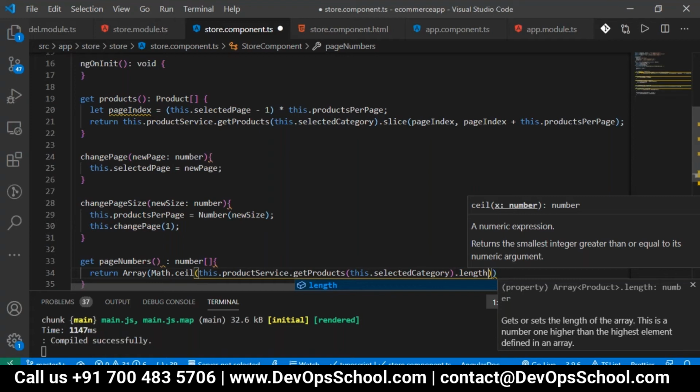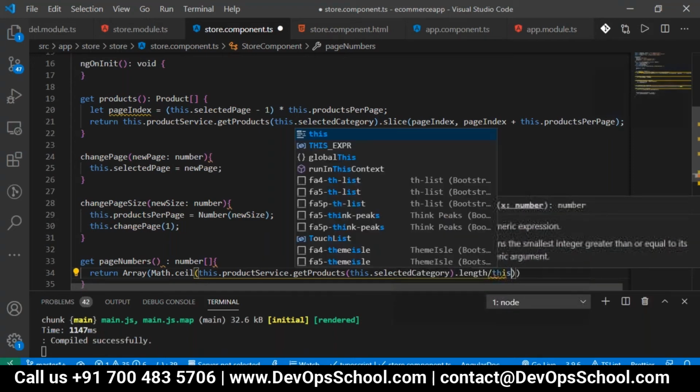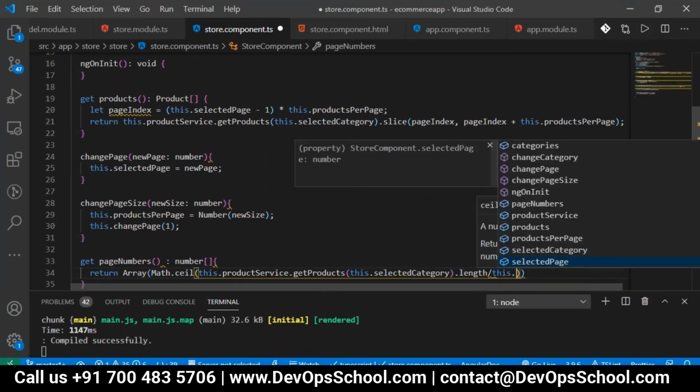So the length is 11, but we want to divide it according to the page, like per page only 4. How many page numbers should come? 11 divided by 4 should happen. For that, we take this.productsPerPage, which we have created.